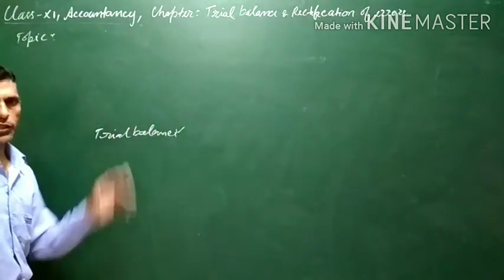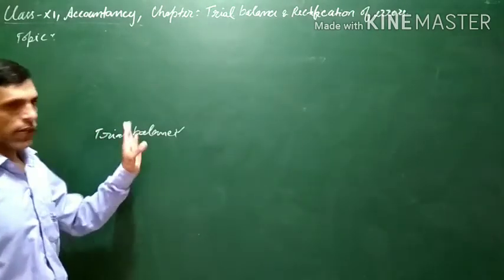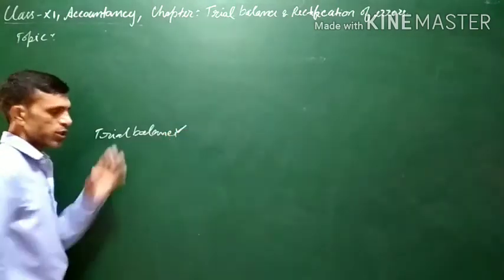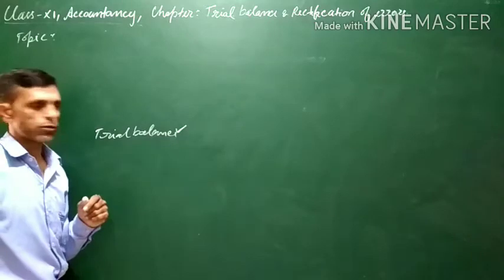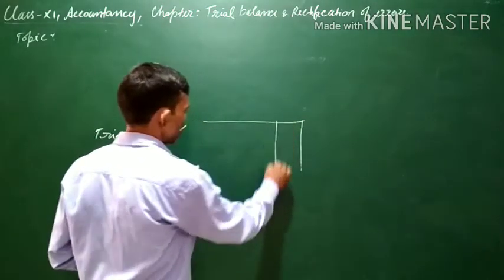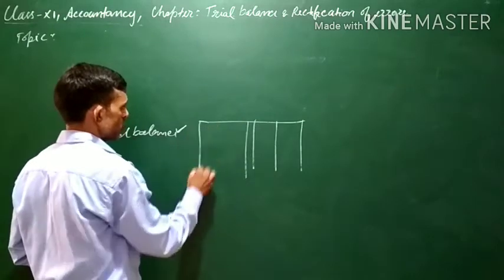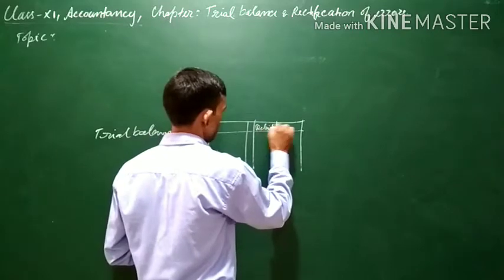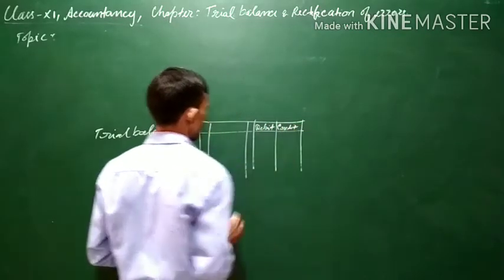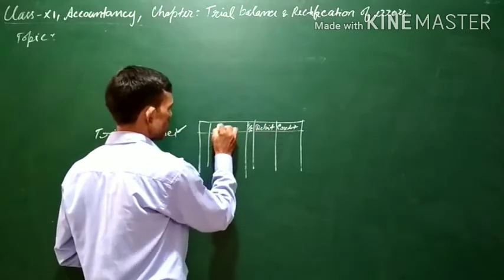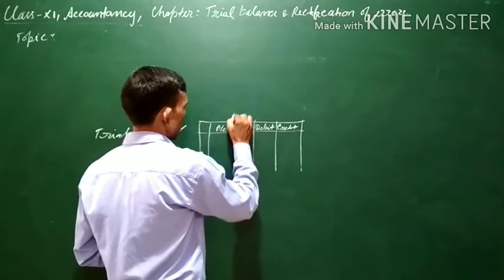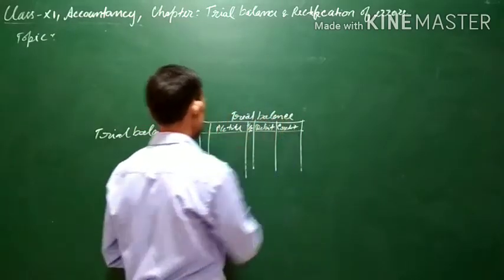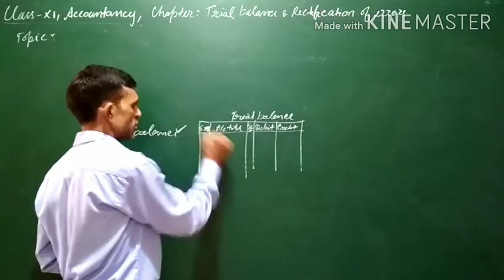So if we prepare the trial balance and any error comes to notice, then the very first thing is to retotal the balances of the debit and credit side of the trial balance. This is the format of a trial balance which we have studied. In one column it is debit and the next column is credit, and here the ledger folio column, here account titles are written, and this is the serial number. You can also write the serial number here.